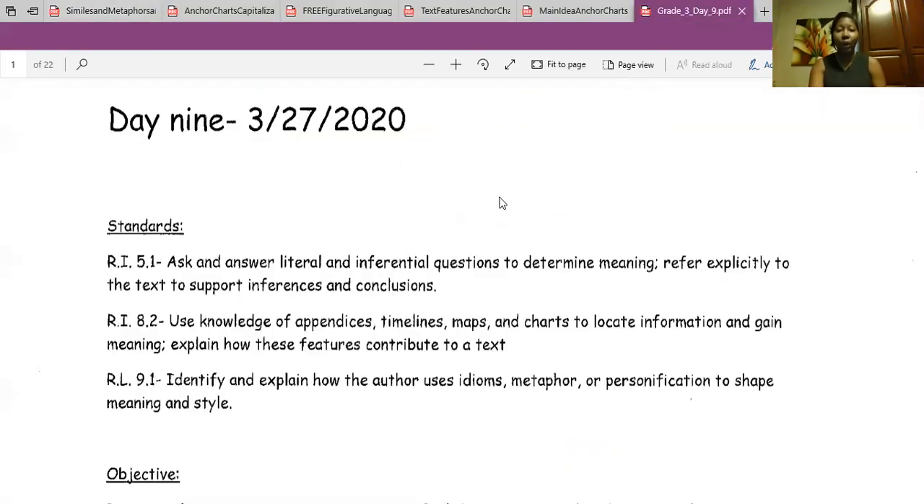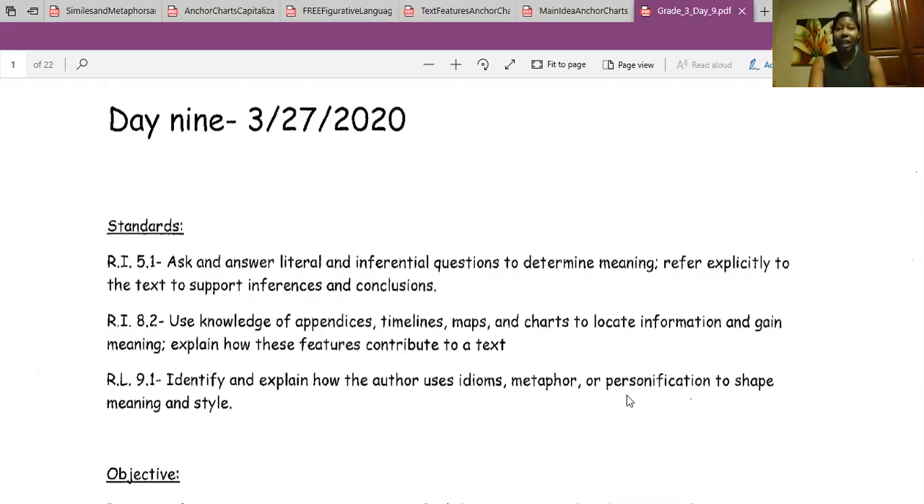So we're going to identify and explain how the author uses idioms, metaphors, and personification to shape meaning and style. I remember personification from the last couple of classes. Look at the word personification. What word is inside? Person. That's correct. So personification is when something that is not a person is doing something that a person would do. For example, in the book How to Be Perfect in 3 Days, there was a part of the passage that